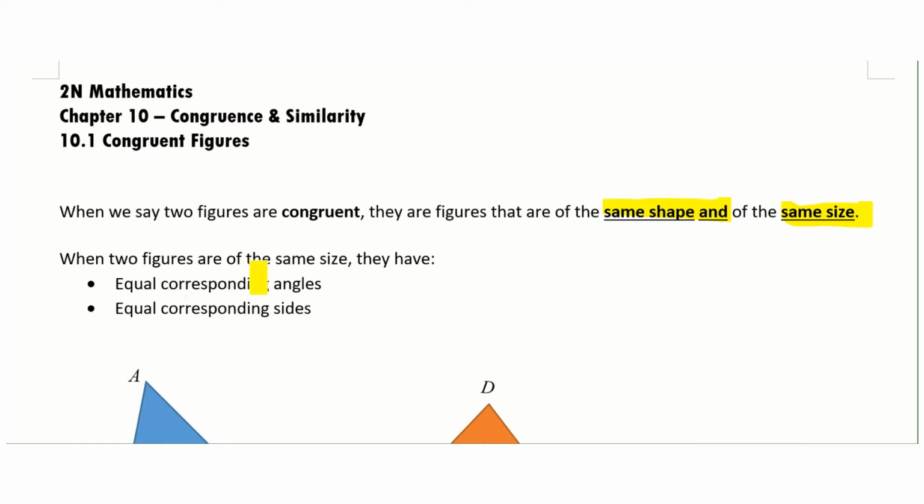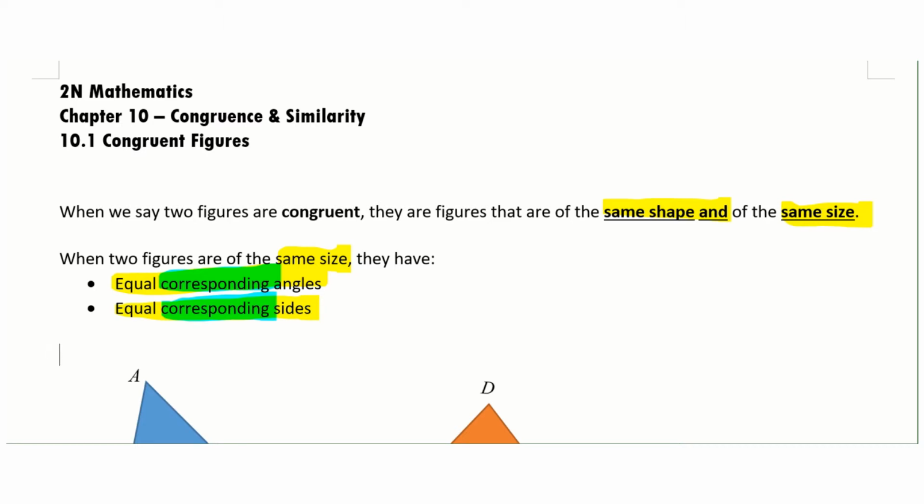So when we say that they are of the same size, we realize that there are actually two implications out of it. One implication is that they have equal corresponding angles and also they have equal corresponding sides. I want to emphasize the word corresponding, because when we say that two figures are congruent,